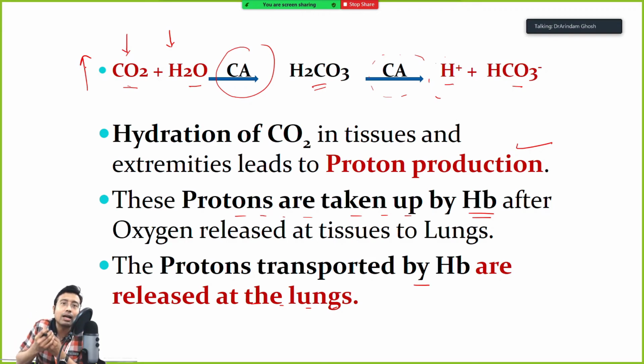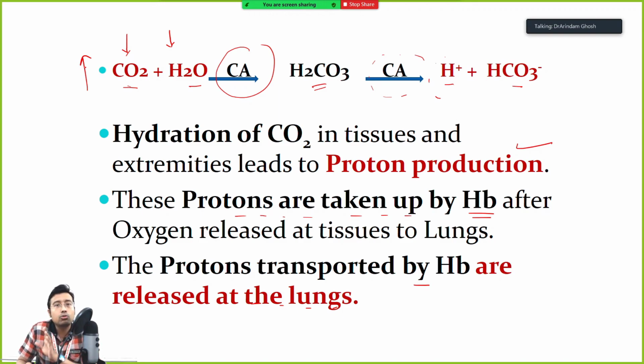Whenever protons are being pumped in, or whenever hemoglobin finds an H plus, it says, okay, oxygen, I don't need you. I have a much stronger bond to form now. That is the ionic bond between Hb minus and H plus. You get my point? So whenever there is an excess of protons, that is at the tissues, hemoglobin prefers to bind with the protons. Hemoglobin says, brother, we will shake hands only with H plus, we don't need oxygen right now, so it releases the oxygen. Okay, after releasing the oxygen, it goes to the lungs full of protons.